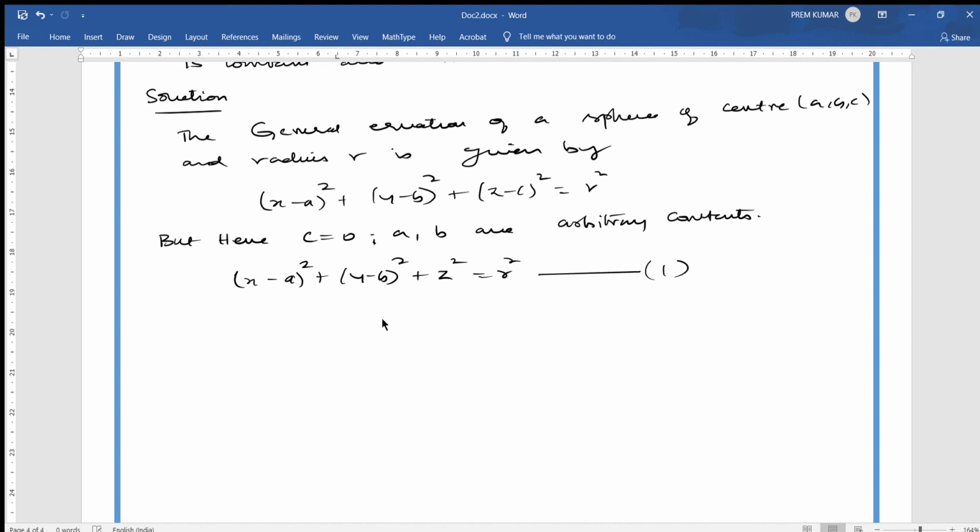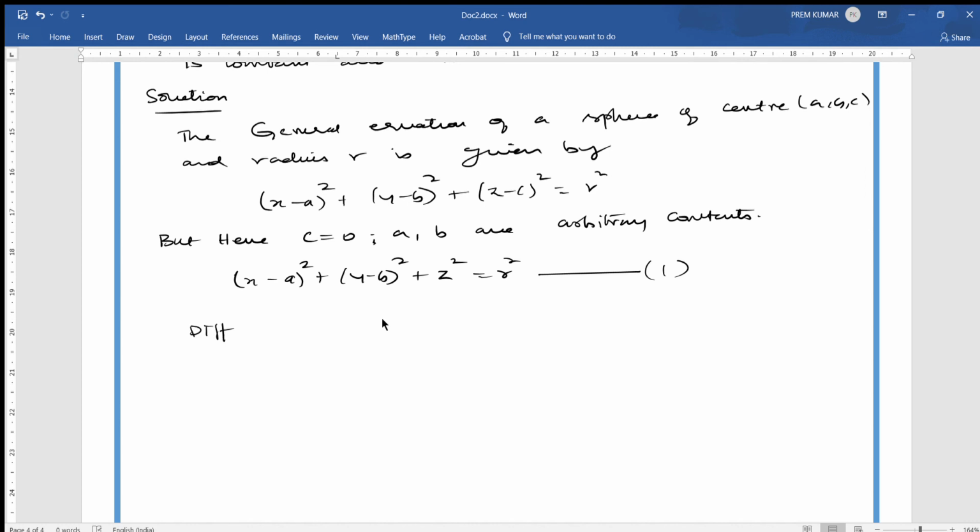This is my first equation. Our aim is to remove this a and b. R is not an arbitrary constant, it is a constant. Okay, this first equation is a family of spheres. Many spheres are there. All the spheres have the same radius, but the centers are lying on the xy plane. Okay, so